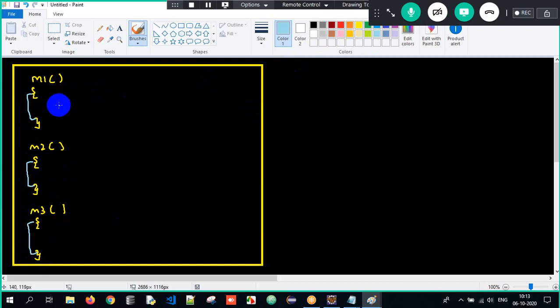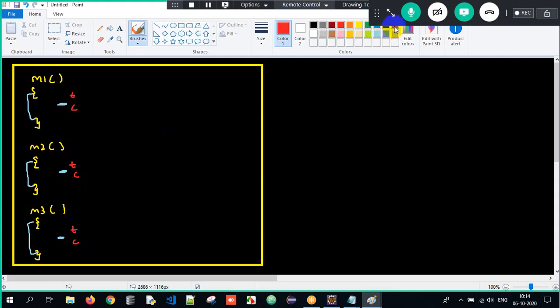And in all three methods, there is a possibility of an exception. What are we supposed to do? Try and catch, try and catch, try and catch. Clear? We have a class and we have three methods, that is m1, m2, m3, and all three methods are giving an exception. So we are handling with try catch, try catch, try catch. We have handled it successfully.